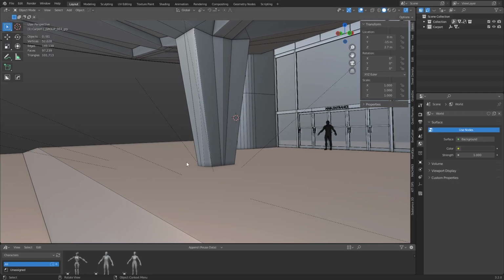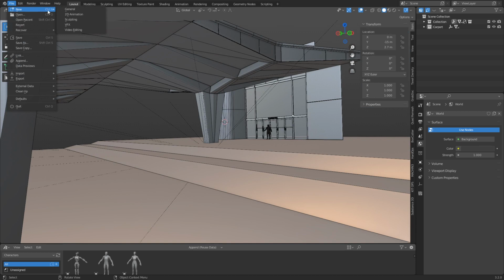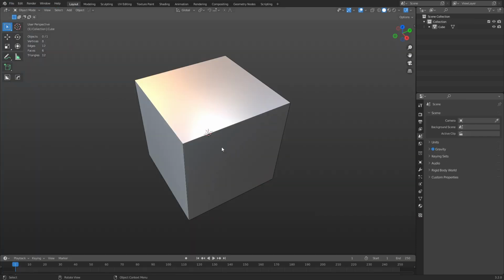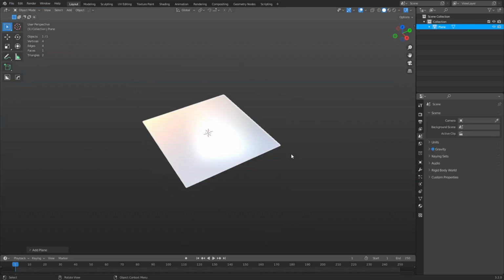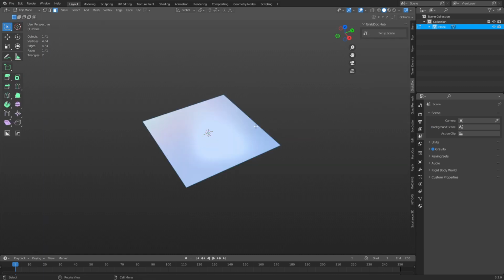If you were in Blender, and we'll do a new scene for this, and you created a plane. Right, there's an add-on called GrabDoc. So if I was to take this plane and just start cutting it up, I need to create what's known as a color map or color mask. So like say I did something like this, and I separate all these. I press Y,